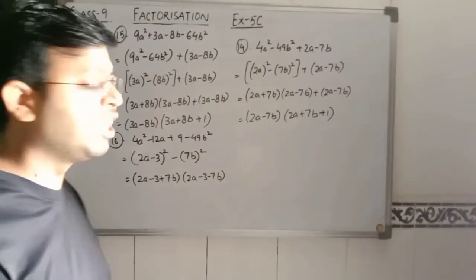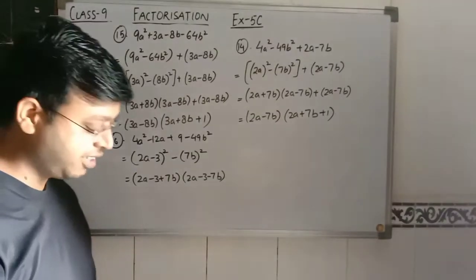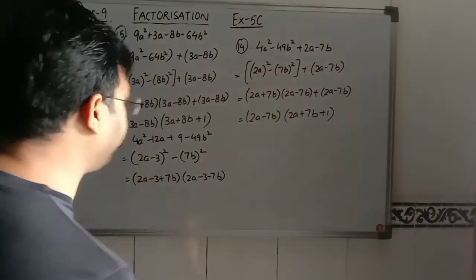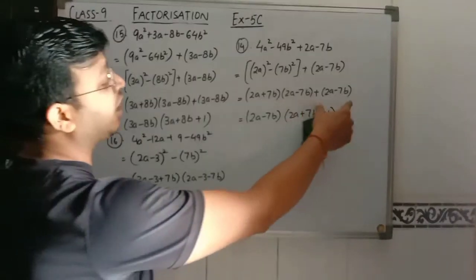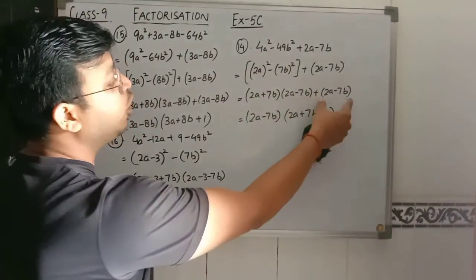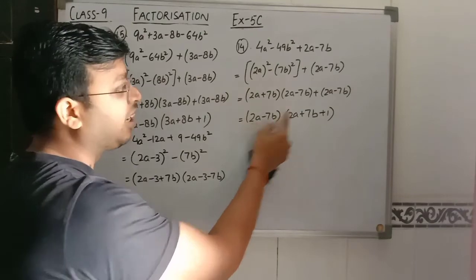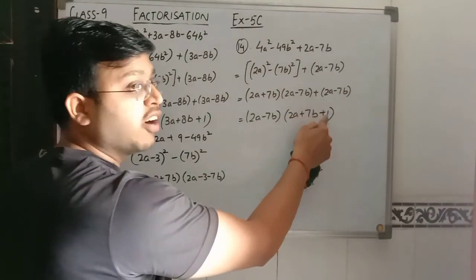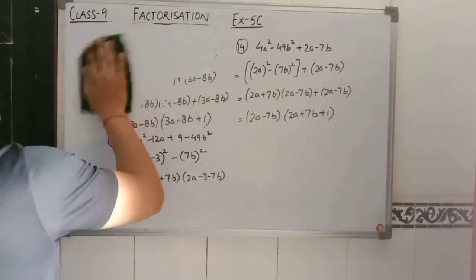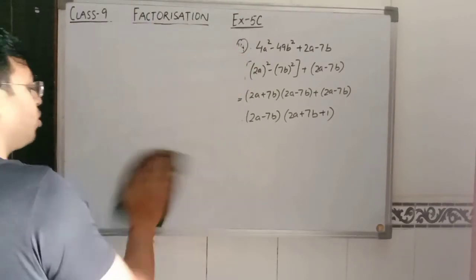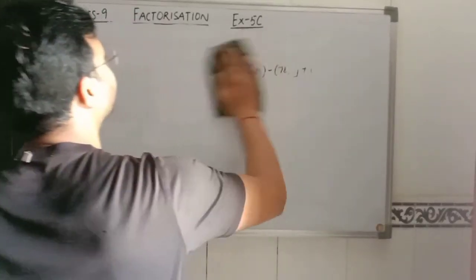In the place of 14 I have repeated question number 16. So 16 questions we completed. So remember how to take common. If we have taken completely, like in this question, 2a minus 7b we have taken completely, then after the plus sign, 1 will be left. So these 16 questions we have completed. Now we are coming to the next question, question number 17.